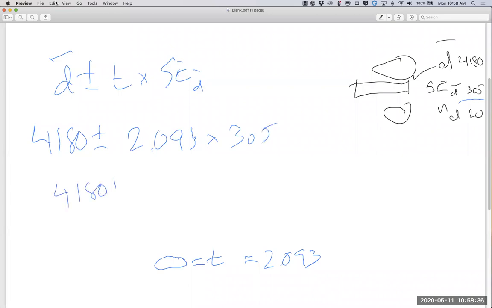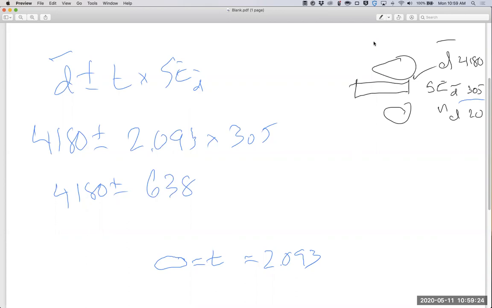4180 plus or minus 2.093 times 305, and here's where I should hunt for my calculator. So to do that, I'm going to pause the recording for a moment, and I'd encourage you to pause your recording as well. So I now have, just to verify that you could get the following calculation,